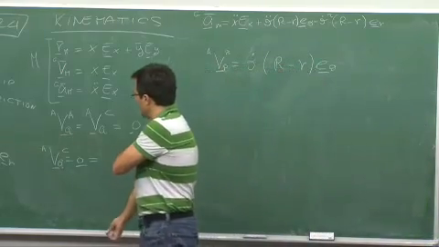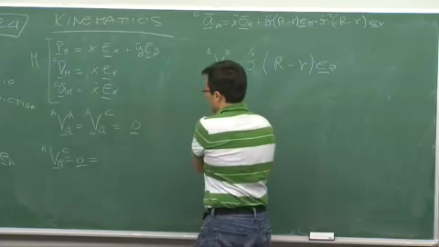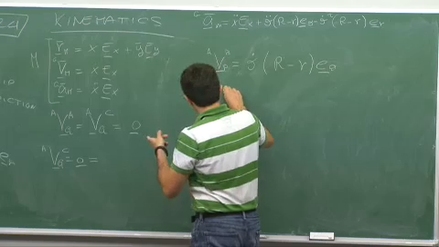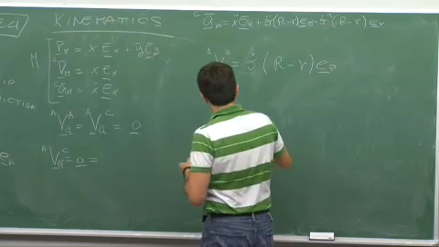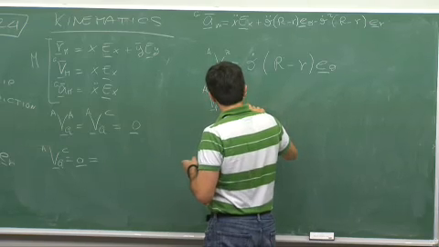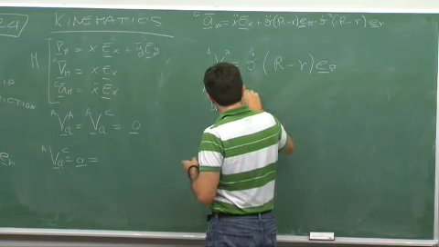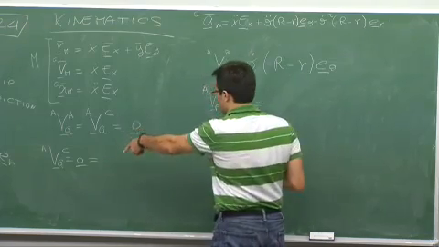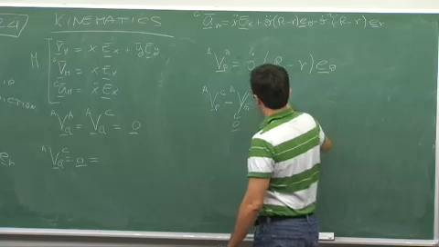And I do know that there is a relationship between the velocity of P and the velocity of Q. The velocity of P as part of the disk, which is C, as seen by A, minus the velocity of Q as part of the disk, as seen by A, and this, by the way, is 0, because I proved it to be 0, is equal to